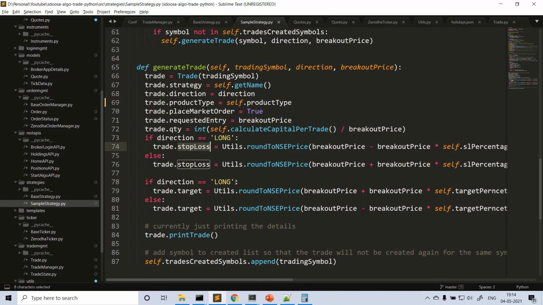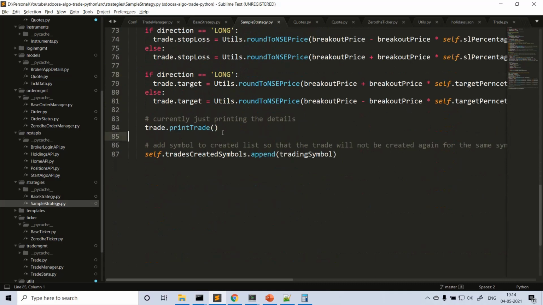And what is the target? If it is a long trade, your target will be breakout price, the request entry, plus the target percentage value, right? Else it will be breakout minus, so your target will be somewhere at the bottom, whereas in case of long it will be on the upside. Here I have not yet placed any trade. Actually, I need to create a trade and I have to